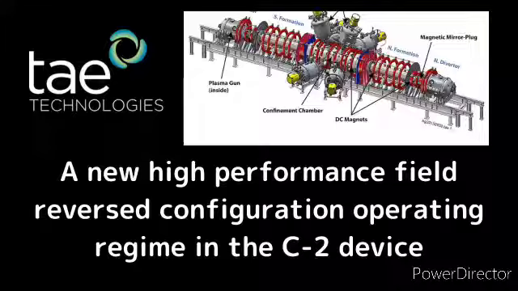Magnetic probes reveal wobble motion for C2 FRCs with alpha around 0.1, consistent with similar past measurements in the FRX-L device, and an n equals 2